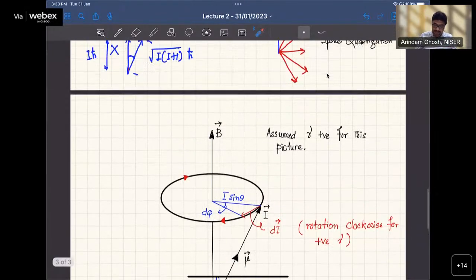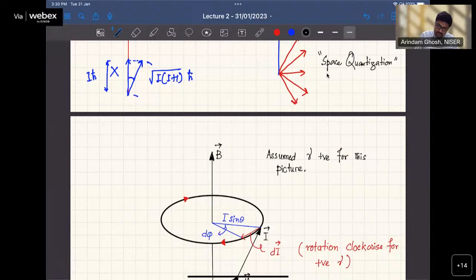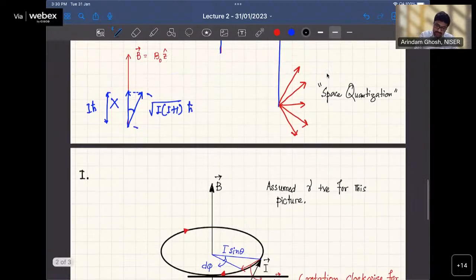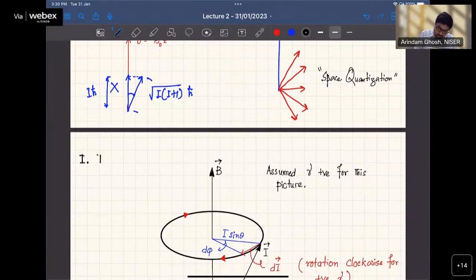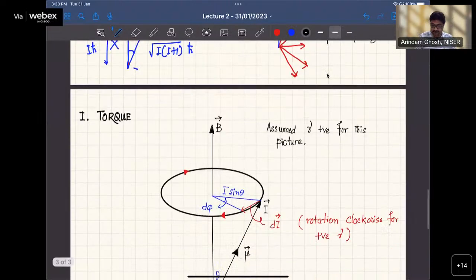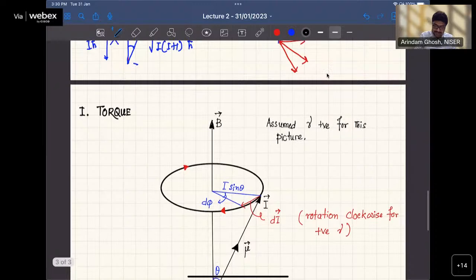Let me write down those two things. One, because of this angle here, it will experience a torque. I'll explain this. This picture is all about that torque. And second,